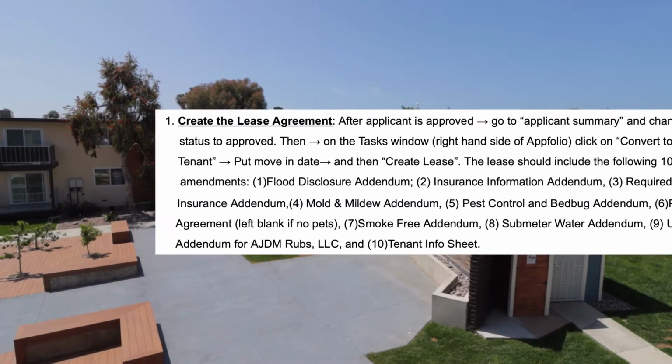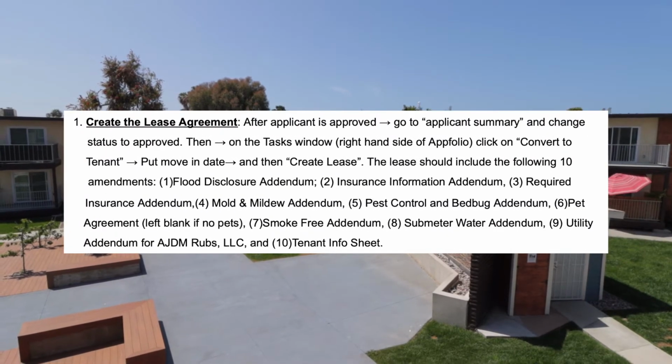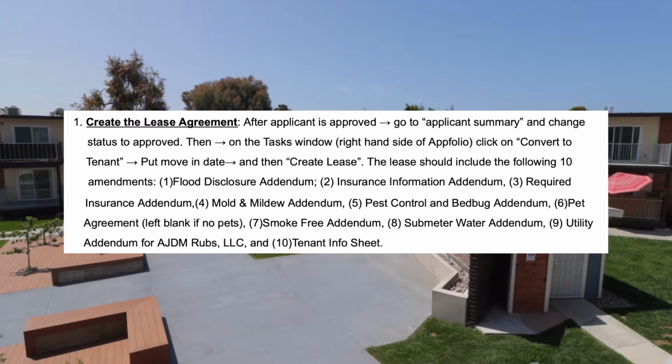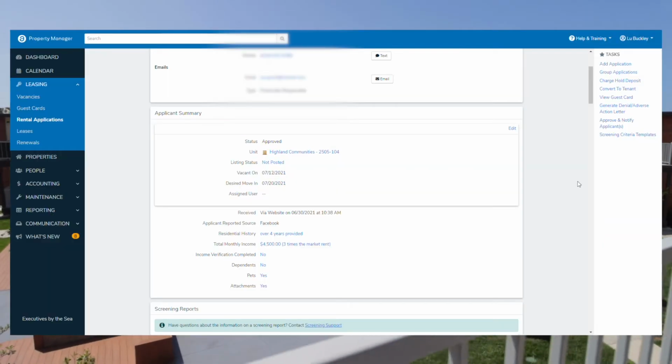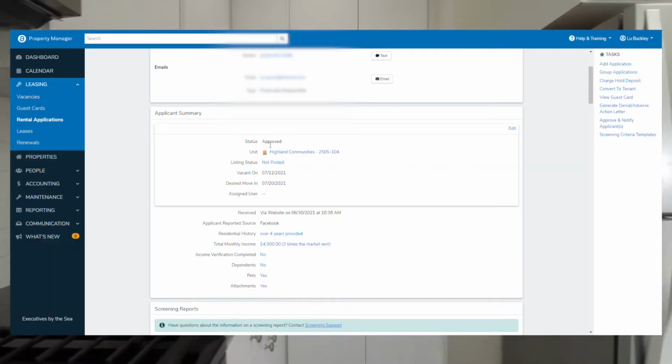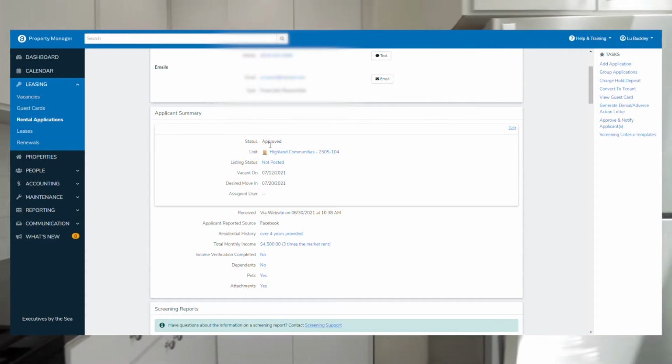Chapter 9 is all about the move-in process. The steps for the move-in process are as follows. Number 1, you first create the lease agreement. So after the applicant has been approved in AppFolio, you go to the applicant summary and change status to approved